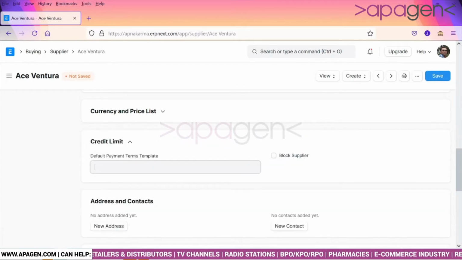You can define its default payment terms.